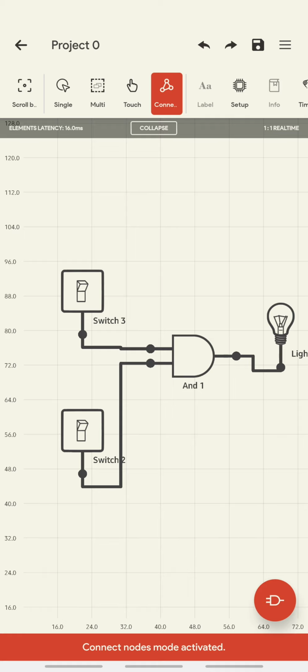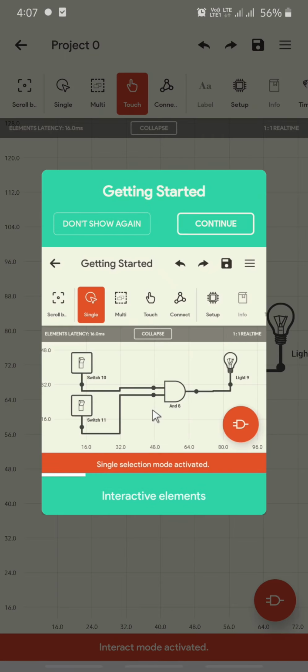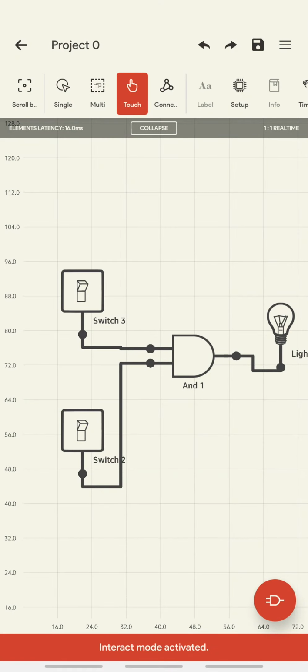off position, open position. So this bulb is not glowing, right? So if I want to make this on, I can just click and put this on the touch point, and if I click on, this switch gets turned on, right? Now this is 1 0. The switch 3 is on here and switch 2 is off. Off means 0.